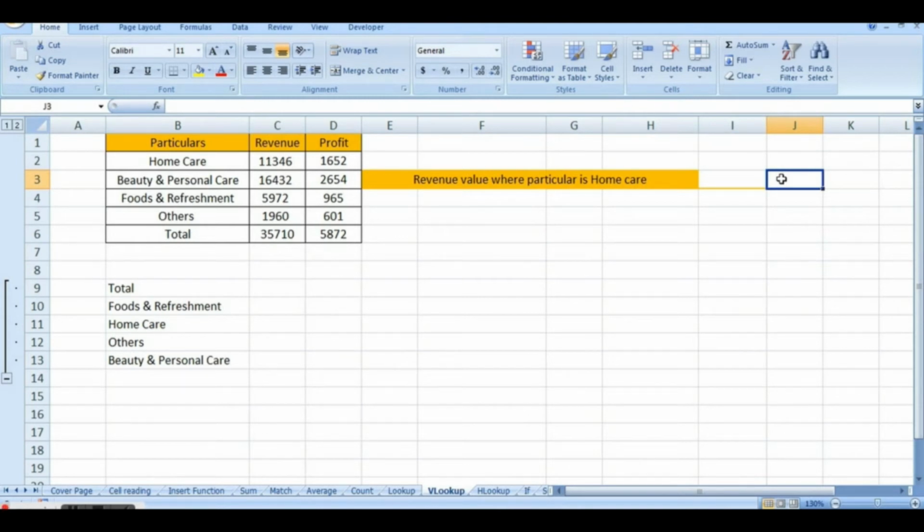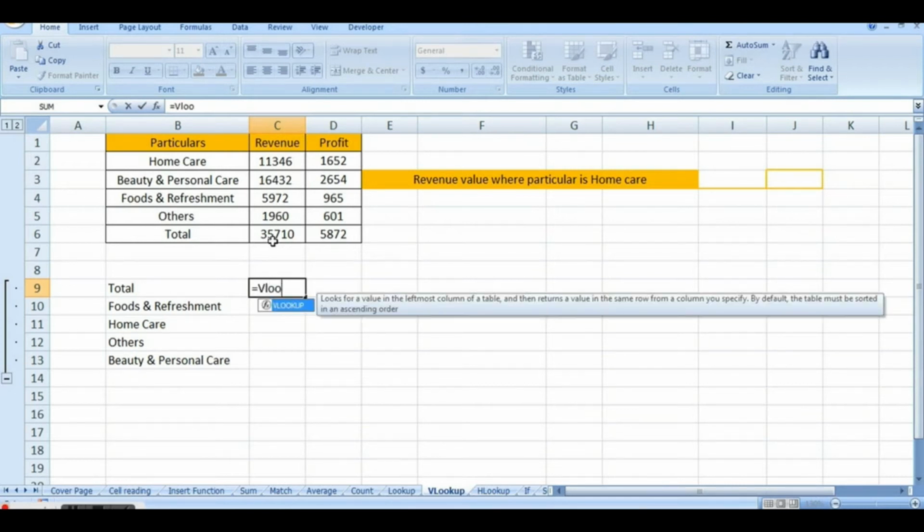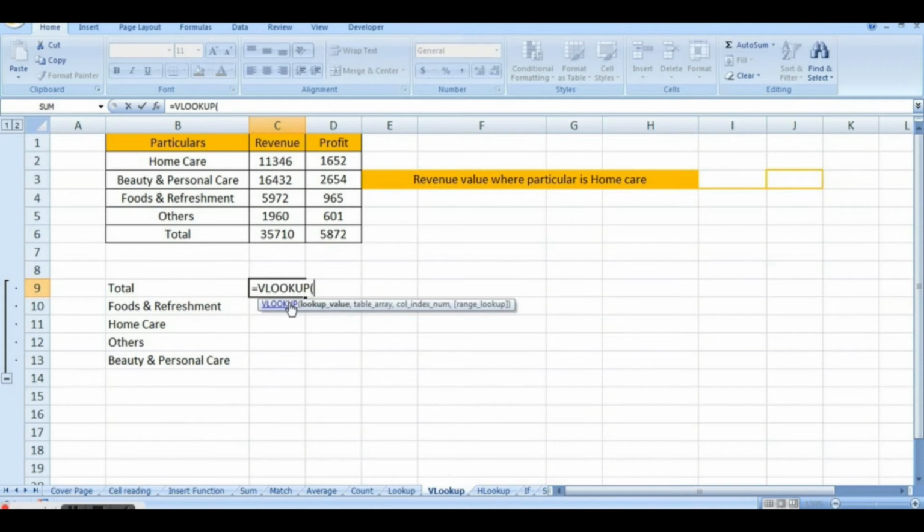Now if I want to find the value of, say, total from the revenue column, equal to, what do I want? I want a vertical lookup, because the data is divided vertically. My lookup value is total from this particular table. From which column?